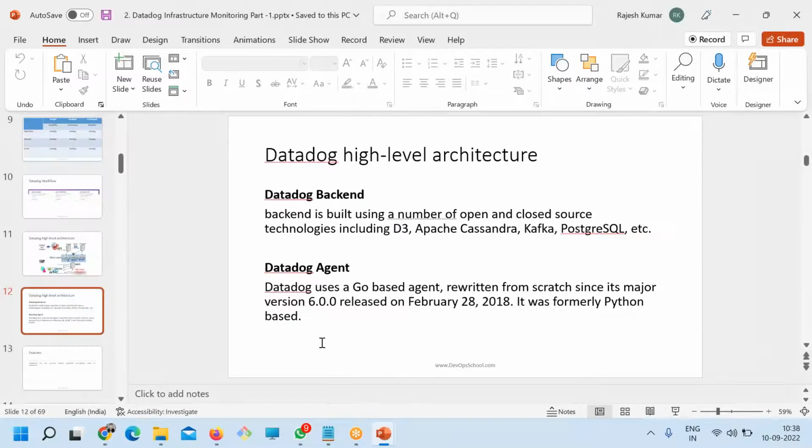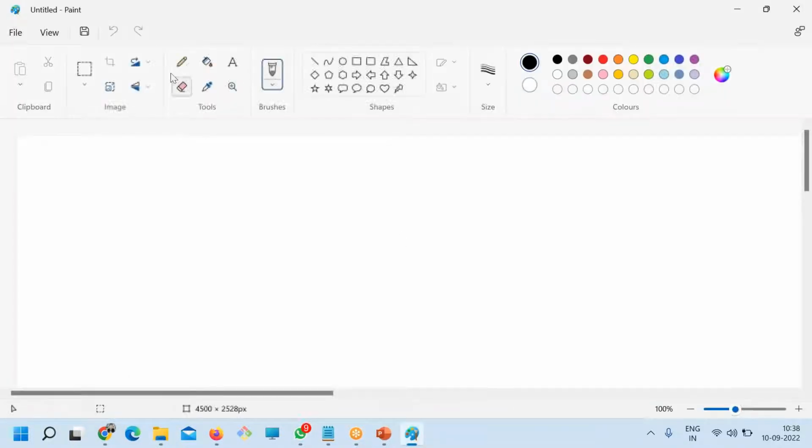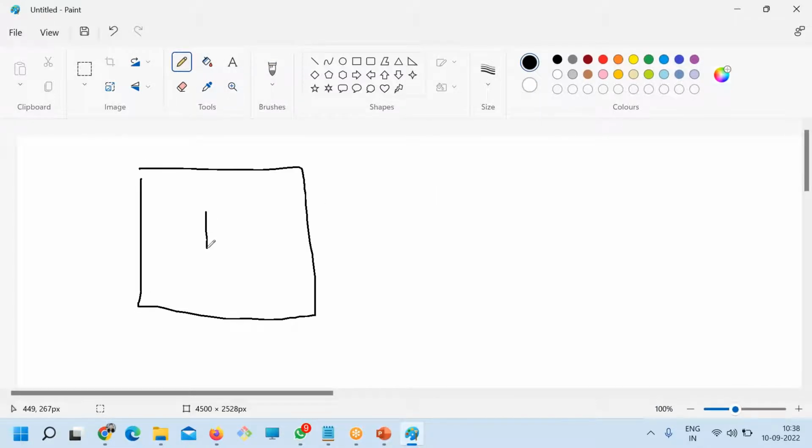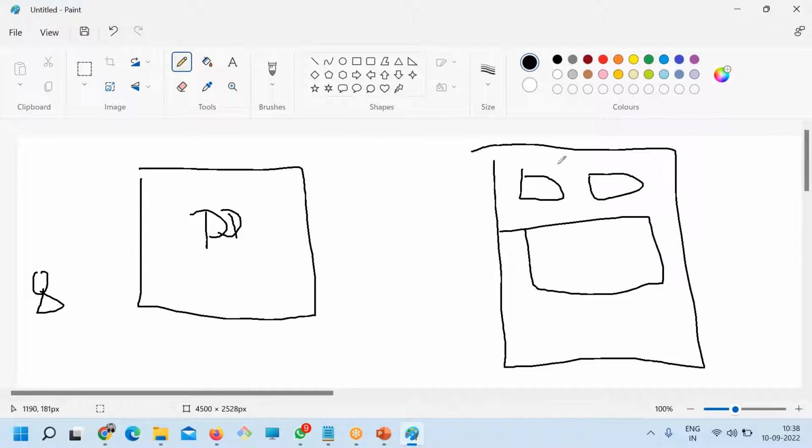I'll put it in a simple visualization to save a little bit of time. So anything which you want to monitor. This is the Datadog website, and this is you, and this is your infrastructure. This is a Linux box, this is a Windows box, this is one more Linux box, a bigger one, and inside that there is Apache, Tomcat, MySQL, and so on.